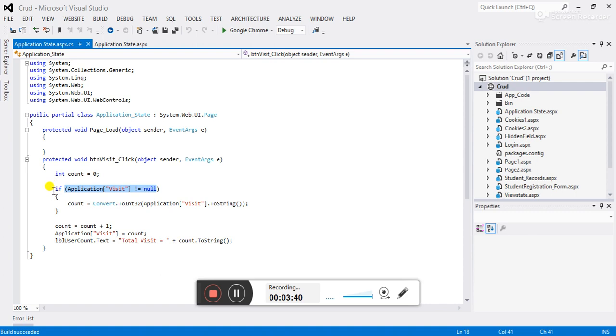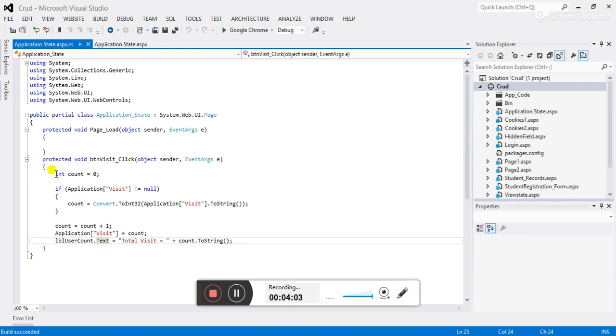So the first time it will not go into this condition, it will directly jump to this line, and the count is incremented by 1. 0 plus 1 equals 1 here. So count is initially set to 1, and we are assigning this count value to the application state variable here, and we are assigning this count value to the label here.